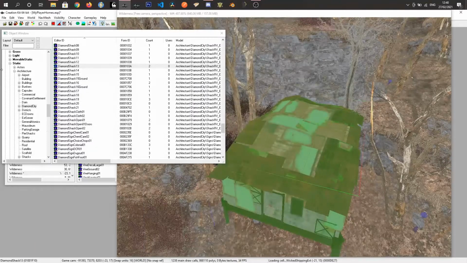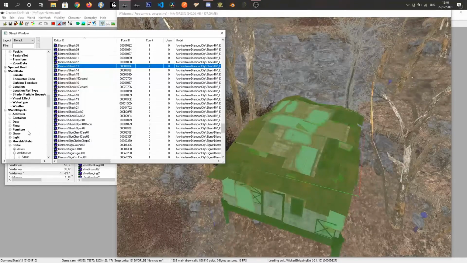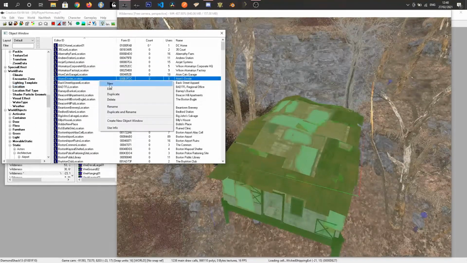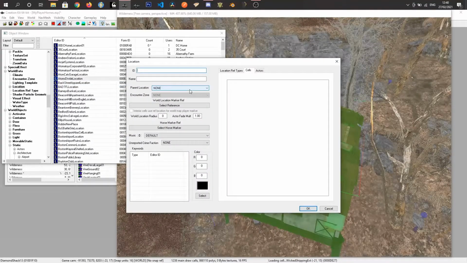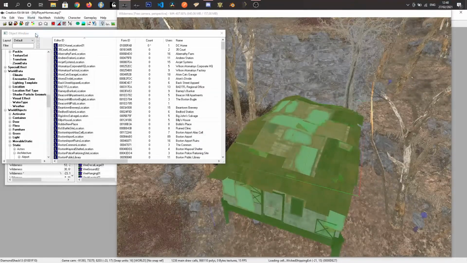So we've got the cell. I just want to give it a location. I can find that on the list. Locations, right click, New, ID, My Player Homes, Sank Home, location 01. I'm just going to call it My Home. And I don't believe we need to worry about anything on there. It's just so we can get this name, because sometimes the cell editor doesn't let you set the name and it's really awkward. So we'll go back into cells